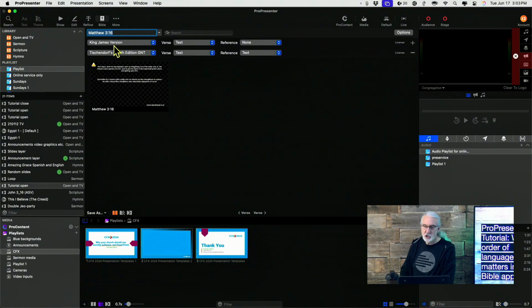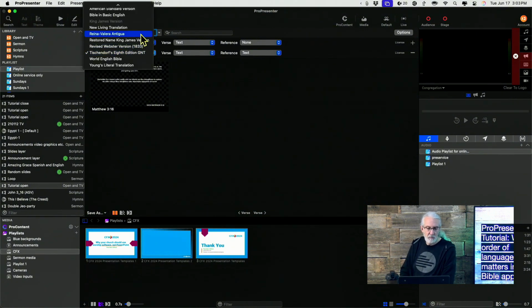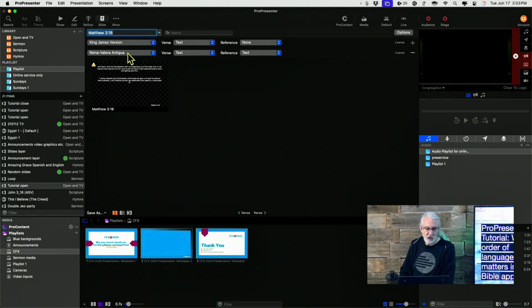Now, let me show you a little something about that. So let's put the Spanish translation right here once again. And now this time I'm going to select none for this. So while the first one is English, it's not actually showing any English down here. And if I do that, then I can do a search for, let's see here,